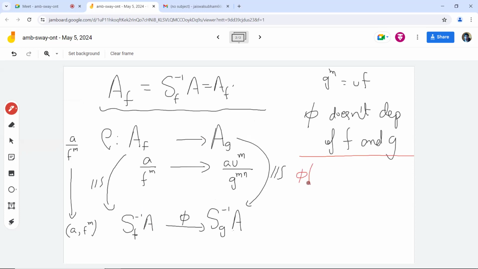So phi of, let's say, a comma s, because now this s is not a power of f necessarily, right? We don't know that, right? So we have this, and we know that this is going to go to some x, and then this is going to become